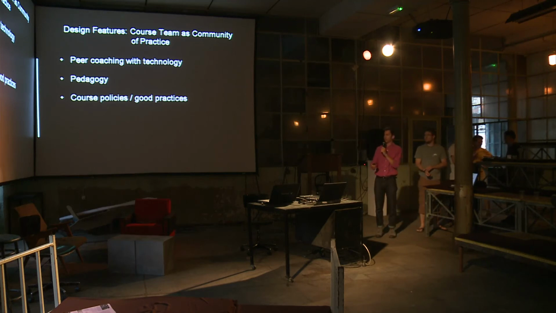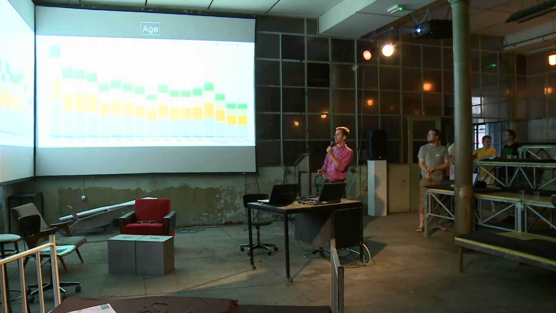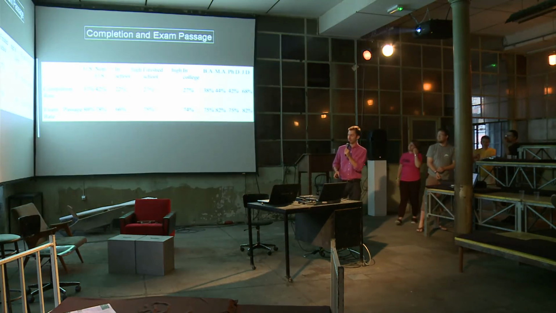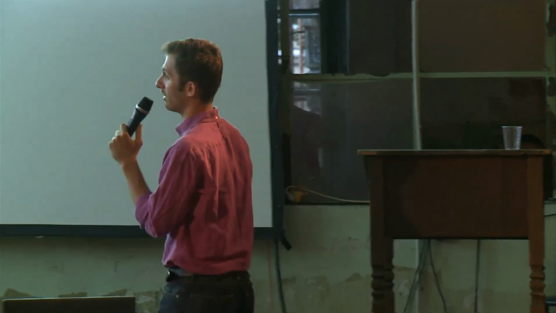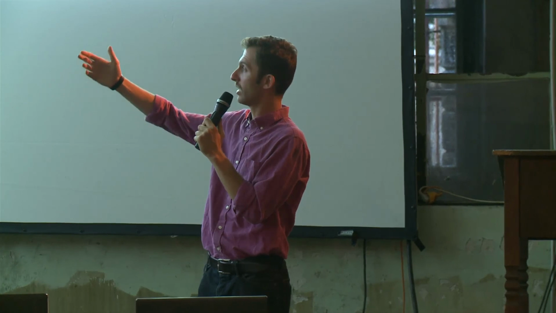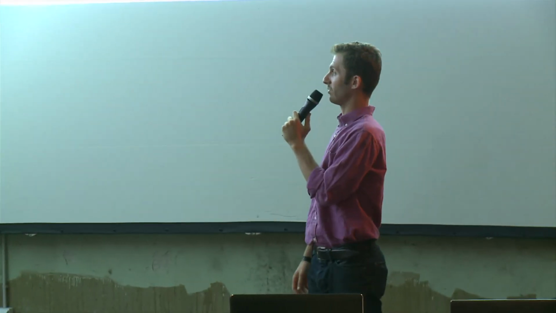Okay, so I'll speed right through to the end. I want to skip to one table, perhaps. So this shows the number of people that completed all 12, that showed up to all 12 weeks of the course, and who passed the course in the end. I think some of the numbers are kind of telling, right?